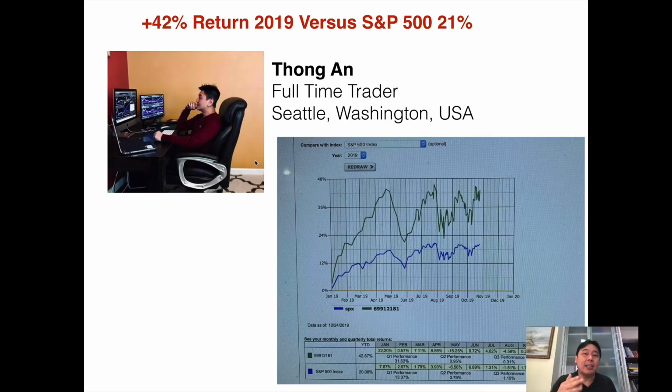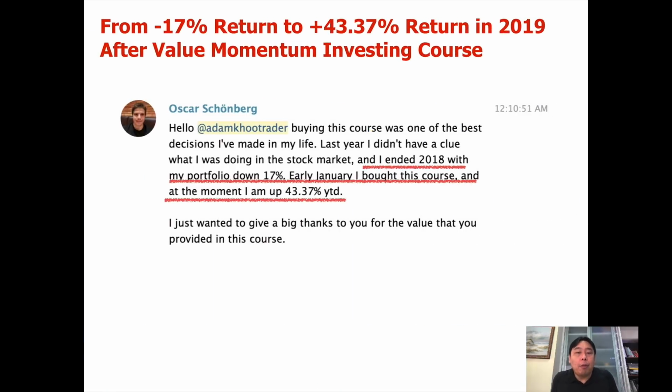And he's beaten the S&P 500 every year for the last 6 years, and trading full-time for the last 3 years. This year, he's up 42% versus the S&P of 21%. Purely trading. Then I've got people like Oscar, who's from Sweden, and he's purely doing